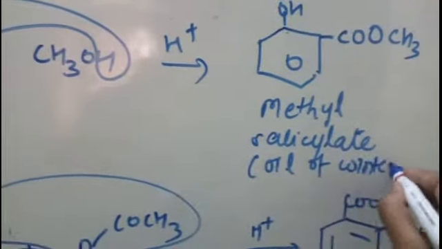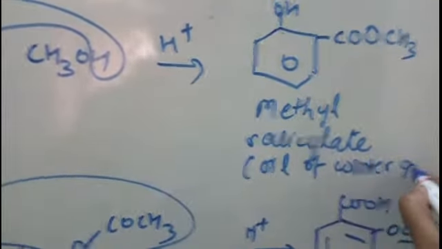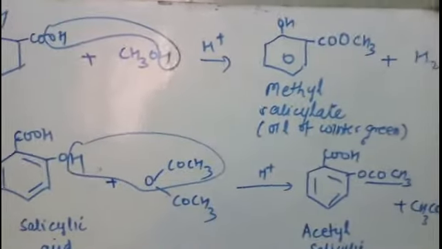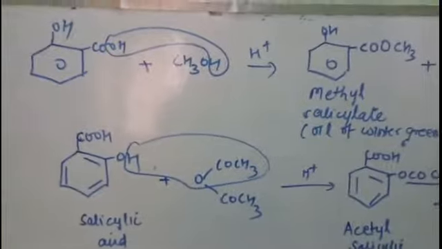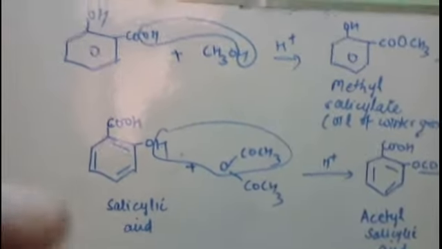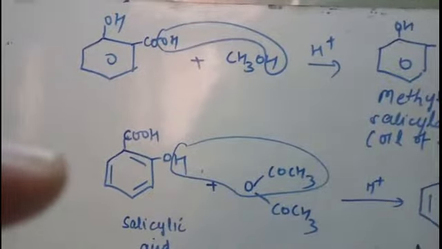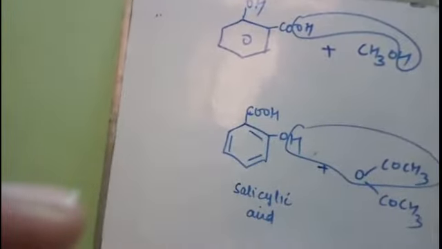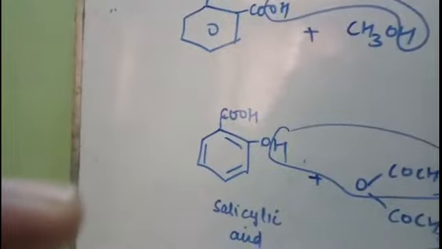The smell of iodex is due to this oil of wintergreen. This is naturally found in the eucalyptus plant. Therefore, the eucalyptus plant has high commercial value. If you pluck a leaf of the eucalyptus plant and smell it, you will have the smell of that oil of wintergreen. Right? So, two important compounds, aspirin as well as oil of wintergreen, are obtained by the esterification of salicylic acid. Understood? So, the next reaction we will further study, where the phenolic group is involved, is the reaction with neutral ferric chloride.